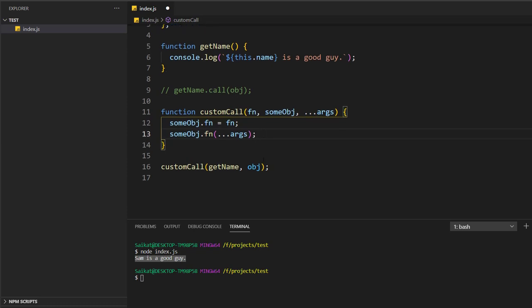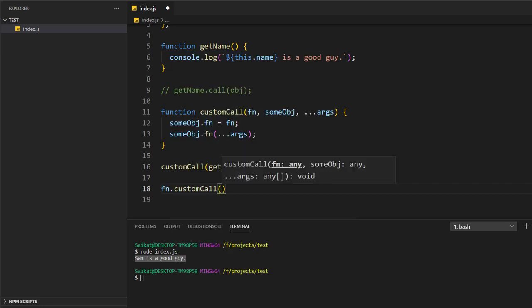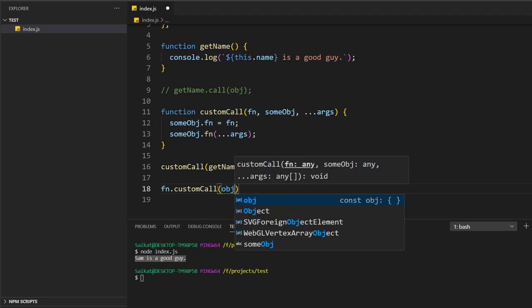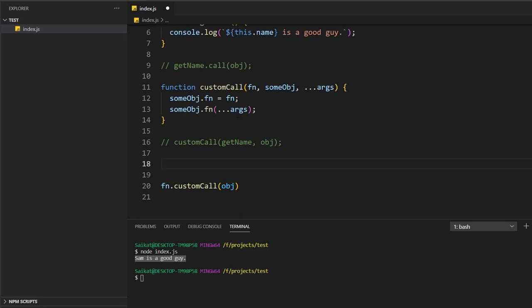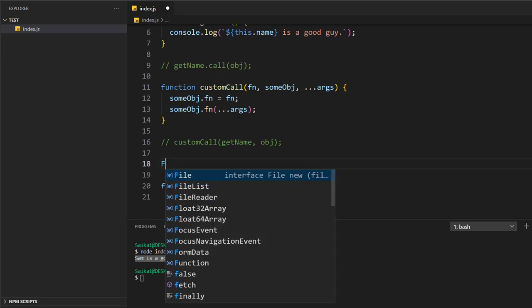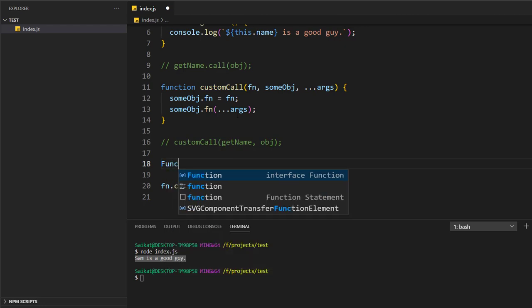So let's see how the same thing gets implemented, something like fn.customCall, where I'll be passing an object, and I won't be passing any argument. In JavaScript we have a class called Function, right?